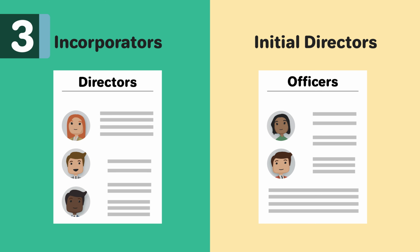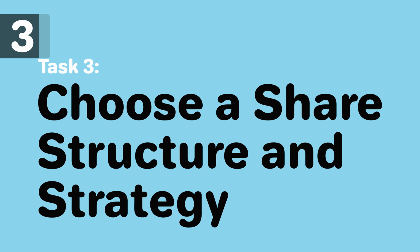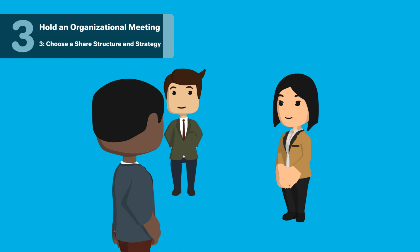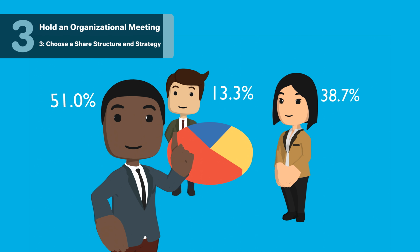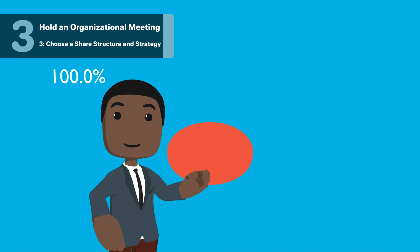During this initial meeting, either the incorporators will elect the board of directors or the initial directors will appoint the officers. Choose a share structure and strategy. A share of stock is the unit of ownership of a corporation. Each share of stock represents a percentage of ownership of the company. For example, if a corporation issues only one share of stock, the shareholder, or stock owner, would then own 100%